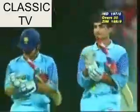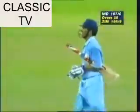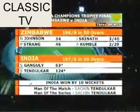India have won a magnificent victory against the Zimbabweans. Magnificent because of the way that man played tonight, Sachin Tendulkar. Truly sweet revenge. Simply the best. 124 runs from 92 balls with 12 fours and 6 sixes. India just required 30 overs to win the game. They won by 10 wickets. Man of the match was Sachin Tendulkar for his 124 not out. And man of the series also went